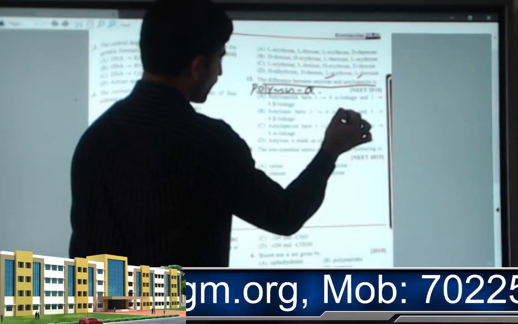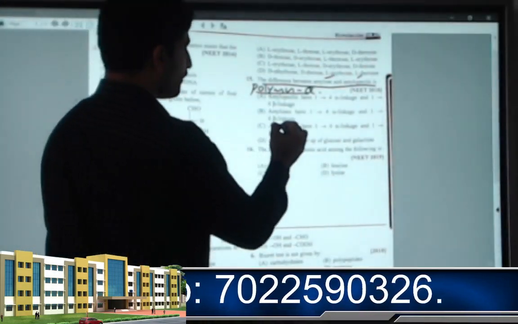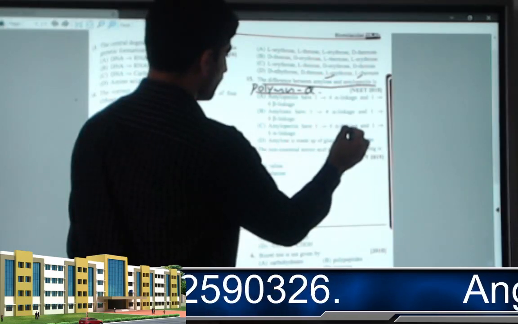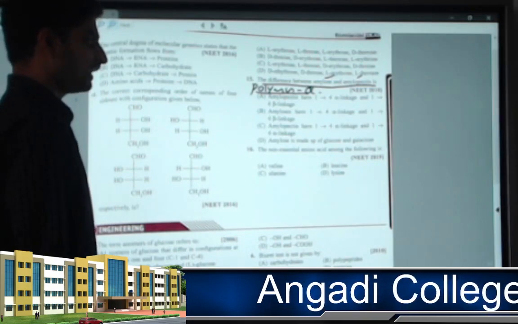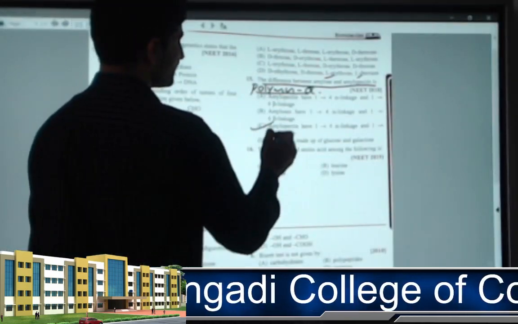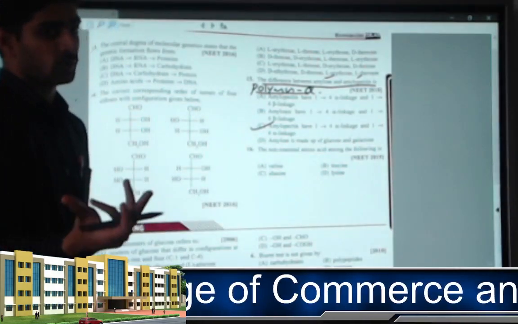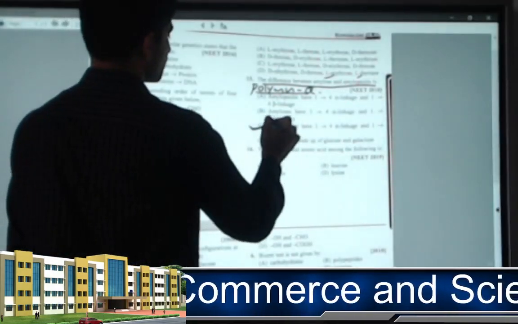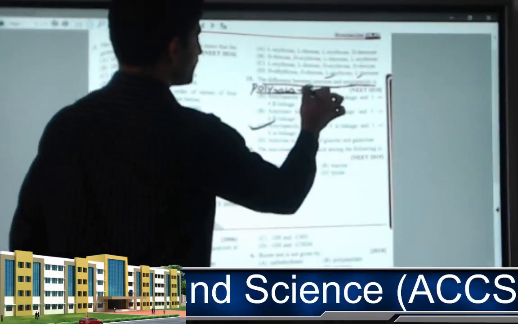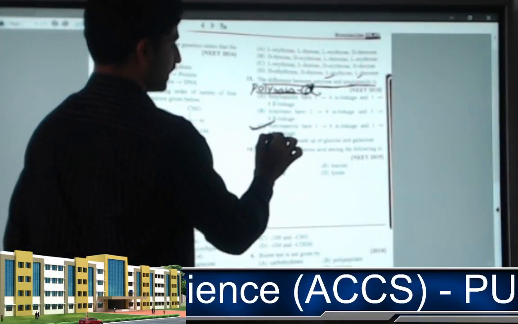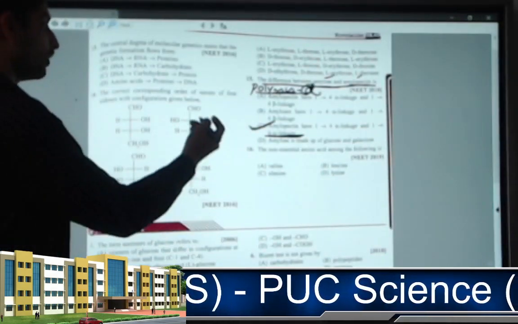Amylose has 1,4 alpha linkage and 1,6 beta linkage. Beta linkage is not available. Amylopectin has 1,4 alpha linkage and 1,6 alpha linkage. So I am going with option C. Option D, amylose is made up of glucose and galactose. There is no such linkage. So the answer is C, because amylose and amylopectin are polymers with only alpha linkage. So only alpha linkage is present in this option. So I am going with C.